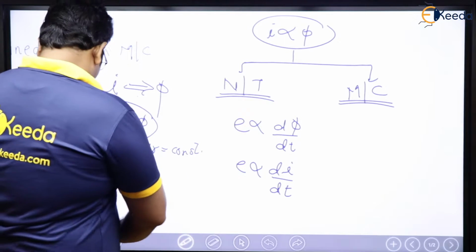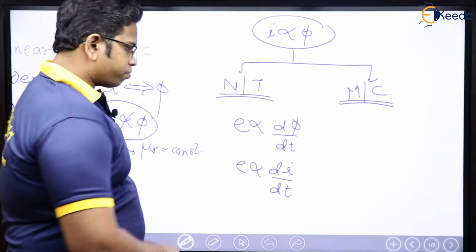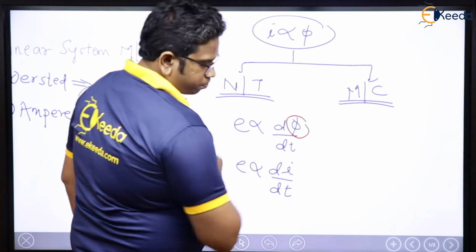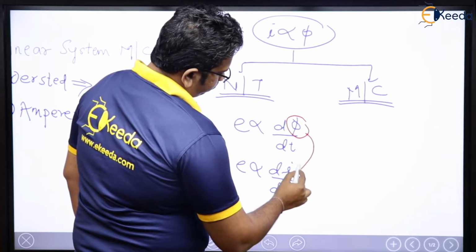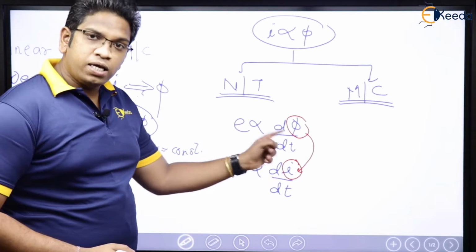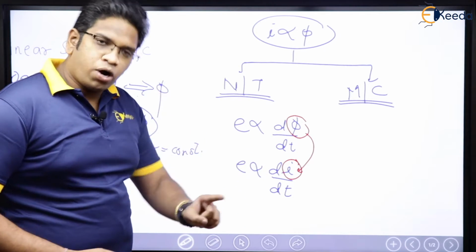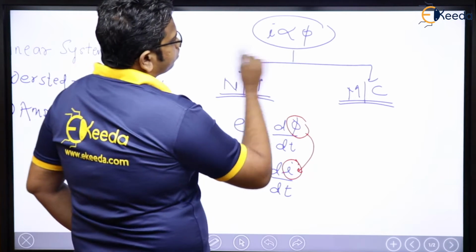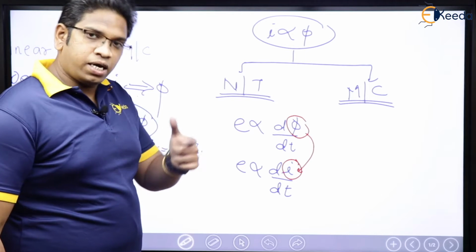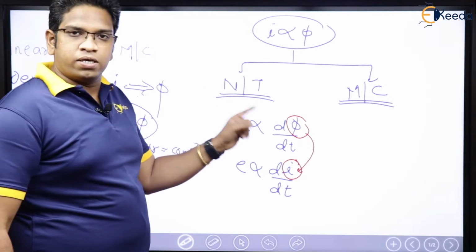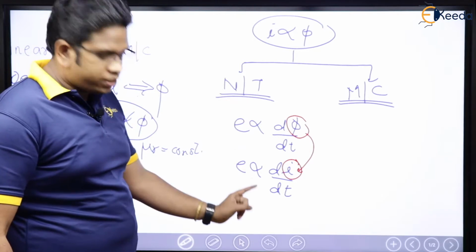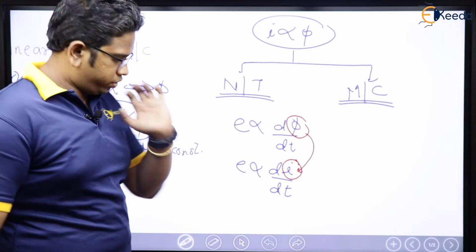What have I done here? I have just replaced this flux by current, and I was able to replace it because I considered i proportional to phi. And since I know that network analysis is applicable only and only for linear systems, that is the reason I have got this relation. Now see here,